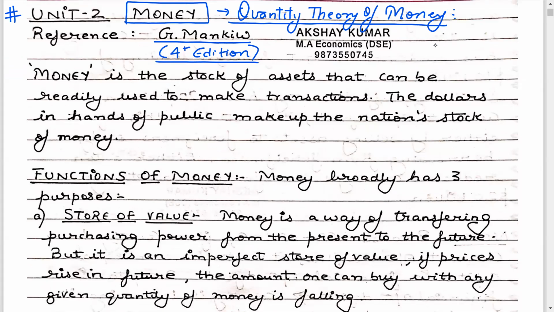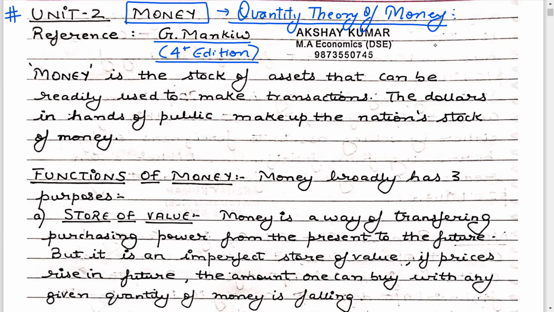Now, if you look at the forms of money today, although you have coins and paper notes, you also have checks, you also have NEFT, RTGS bank transfers, you also have Paytm, Google Pay, and now more methods are coming to make payments. There are more apps which are coming to make virtual payments. So now you can see any form in which you can make money. We have debit cards, we have credit cards.